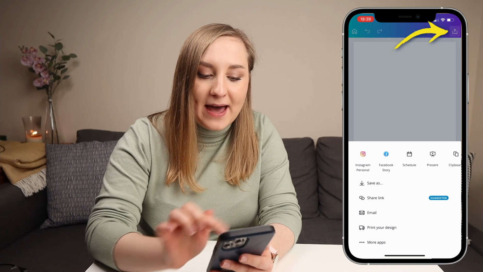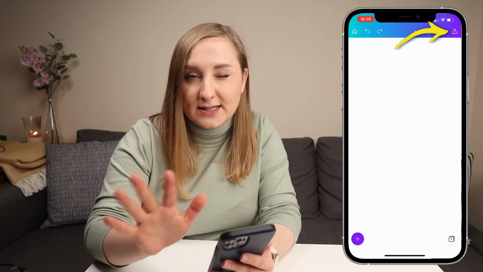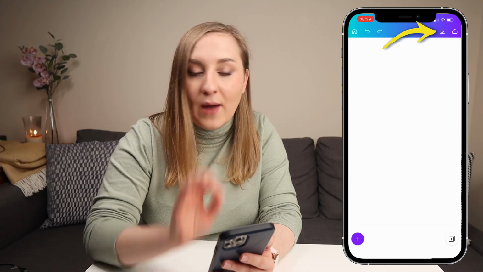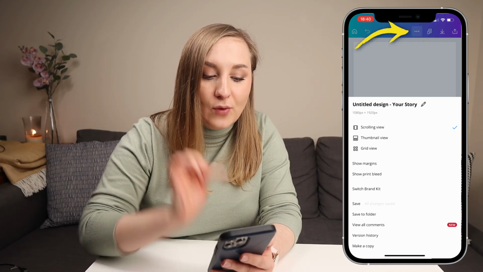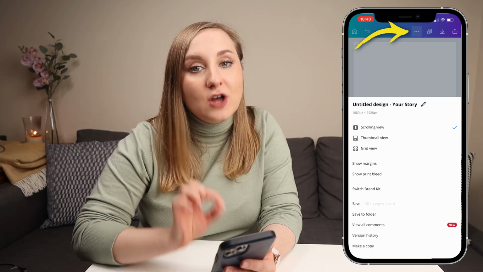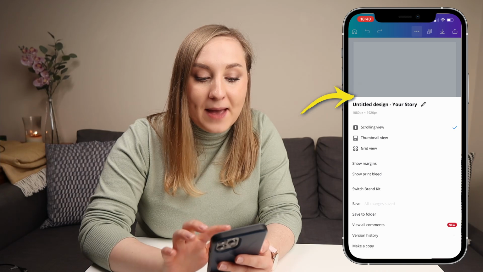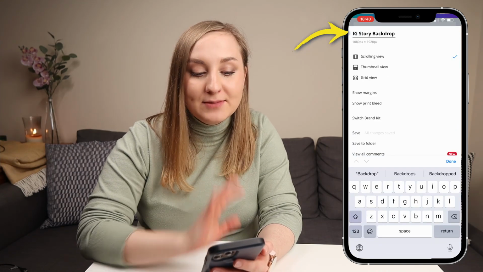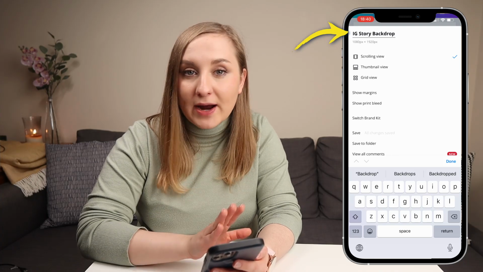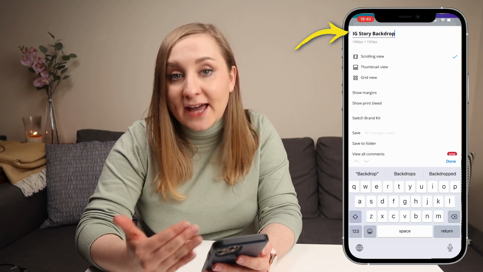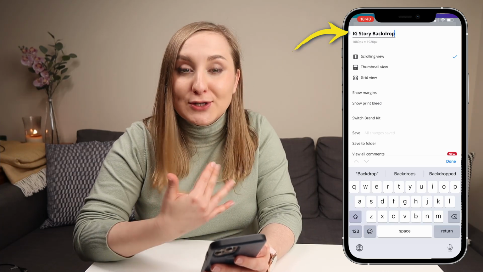And to your right, starting from the very right, you have the panels for saving and different options. We'll discuss that in a moment. You have the downloading button, so it downloads it straight away as a default, and then you have all the different options for that particular design. So I'll start off with actually editing the name, and you will do it by just tapping on that little pencil in here. So I've changed that name to IG Story Backdrop. Again, I would highly recommend you change all the names for your designs, because if all of them are untitled, it will be that much harder for you to search through them.